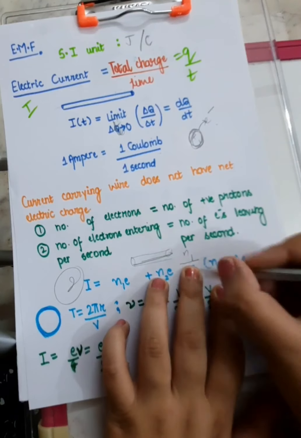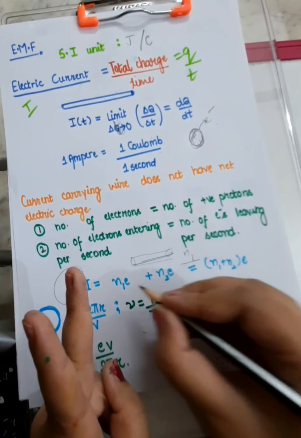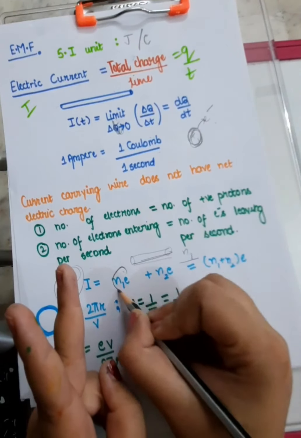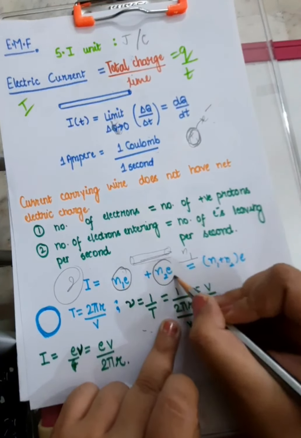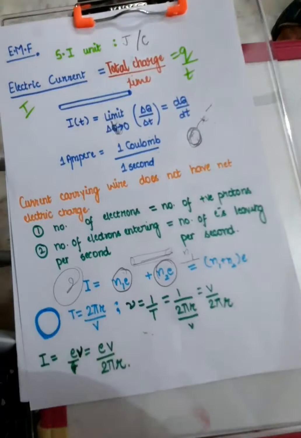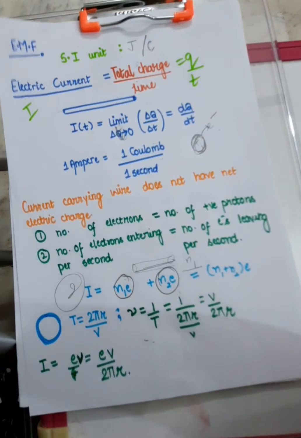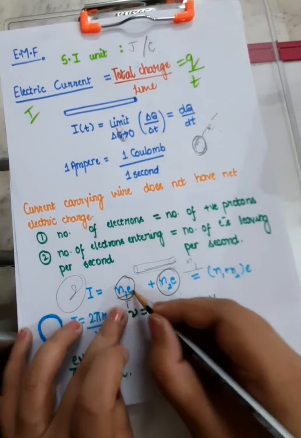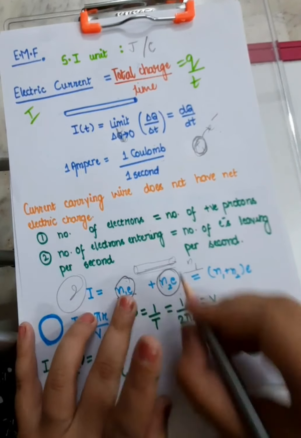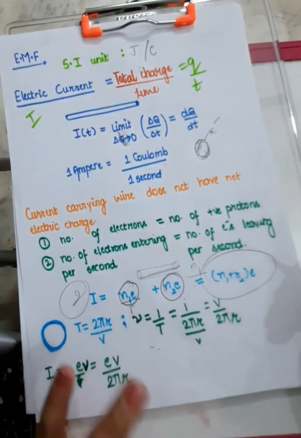If n1 is the number of electrons that are flowing, so the total current which is getting flown by those electrons, that is n1e, and total current which is flowing because of protons, that is n2e. n1 and n2 means charge carriers flowing per second. So time also got included here, right? n1 is number of electrons flowing per second. So n2 is number of protons flowing per second. So this is the total current.